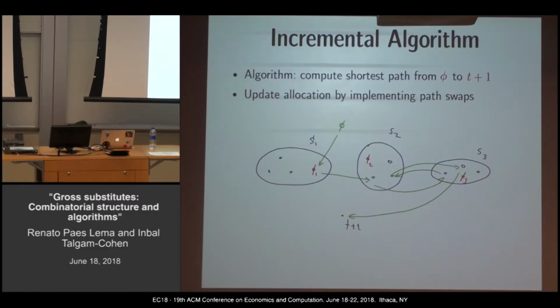If for every buyer, for every big circle, there is only one edge going in and one edge going out, that's the full proof. The problem is that for buyer 2, you might have two edges going in and two edges going out, or more than one edge going in and more than one going out. His difference in value might not be the sum of the edges going in or going out. And that's where the fact that you need to take the minimal length shortest path comes into the picture. If you take the minimal length shortest path, you can show that the sum of edges going in and going out, the number of edges crossing the border, is really the difference in value.